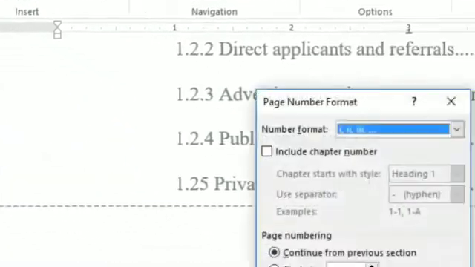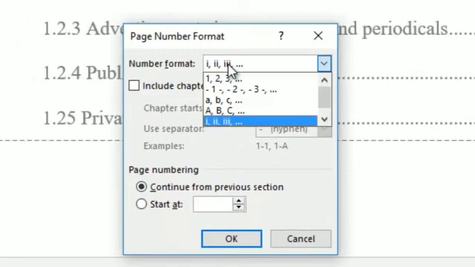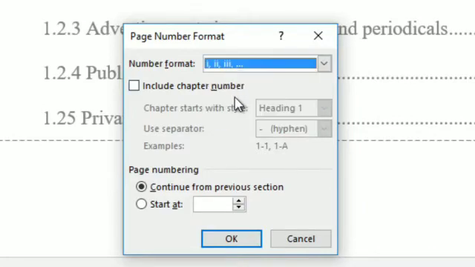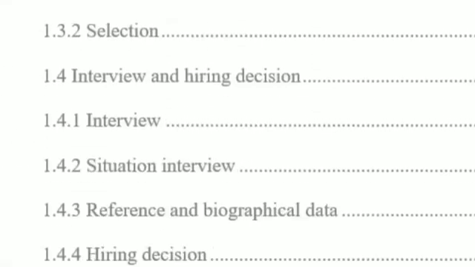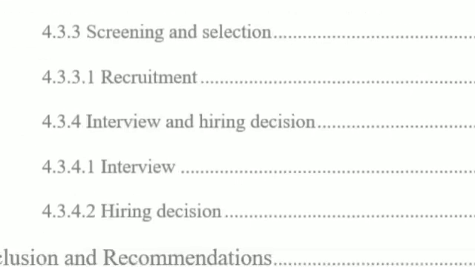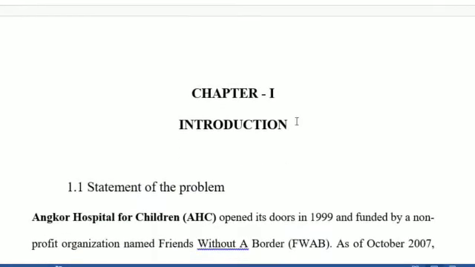Format page number. You can format your number like Roman numerals, normal numbers like integers, alphabets, whatever you want and whatever you require, then you can change. See, after clicking on it and setting it, we need to click on OK. After clicking on OK, see the format of your text and page number shows like 1, 2, 3 and so on.